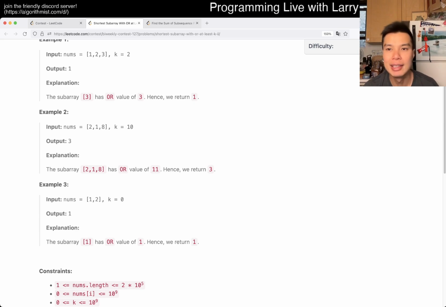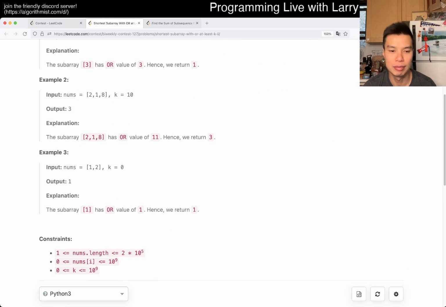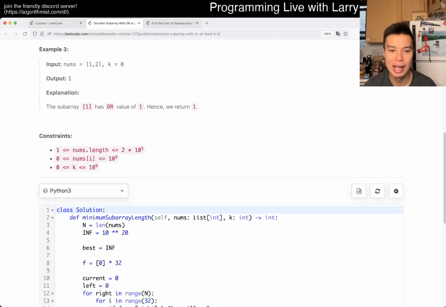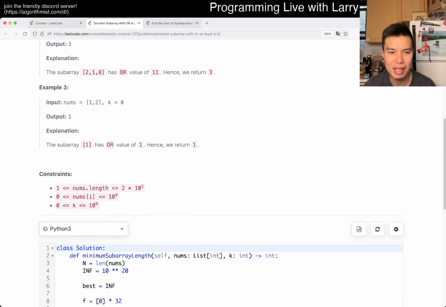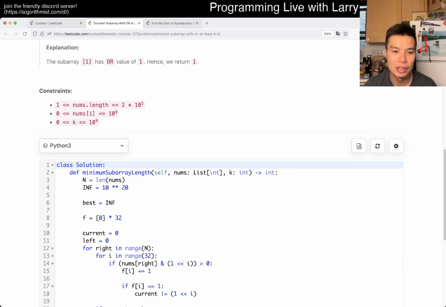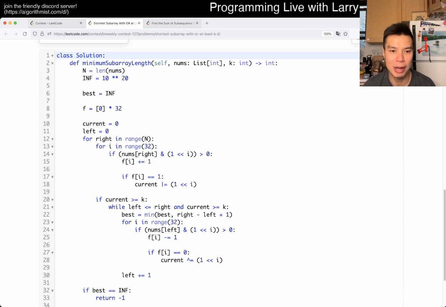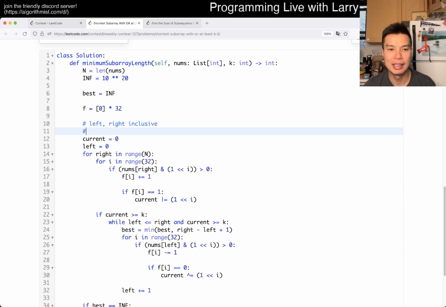With that in mind, this could be a little bit tricky if you don't handle it correctly, but we'll go over it pretty quickly now, right? So the idea here is that with a sliding window, you add numbers and then you subtract numbers and then you figure it out in between. So here we're going to talk about contribution, and then we'll talk about the invariant, right? So the invariant for me is that left right inclusive,